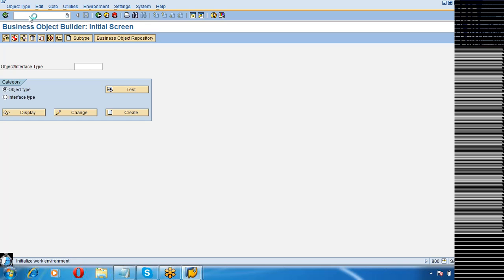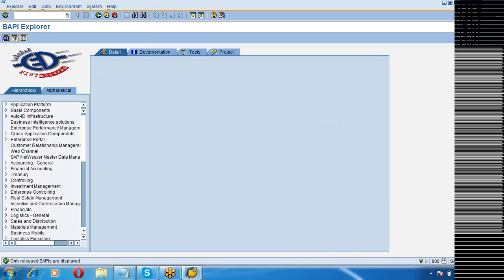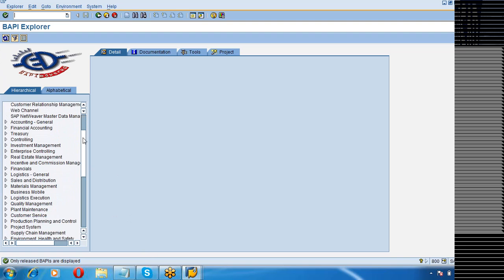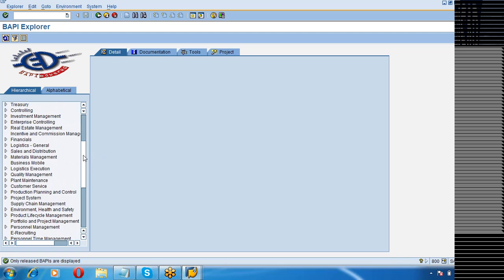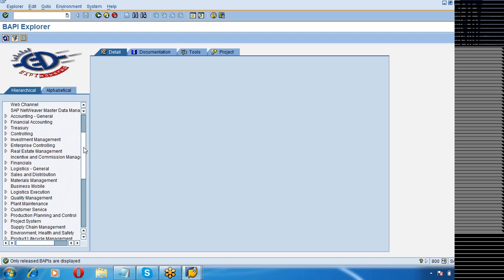As a technical consultant, the easiest way is to go to SE37. What we did yesterday, go to SE37 and in the function module search for all function modules starting with BAPI star. Another method that is available is to search for BAPIs by functionality. So I want to upload material. So let us search where is material master data. Functionally, where do you have material?